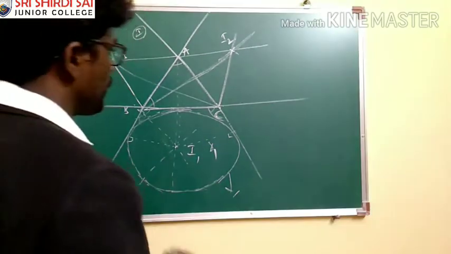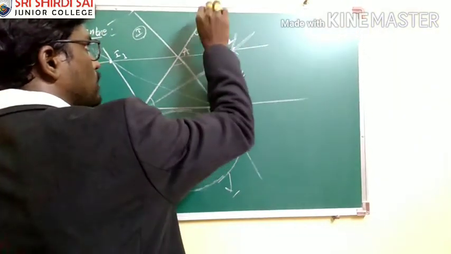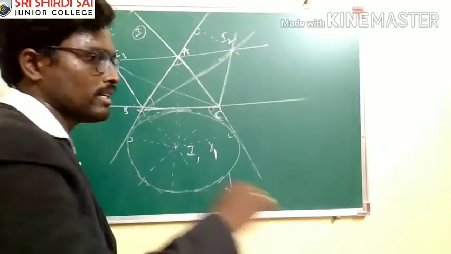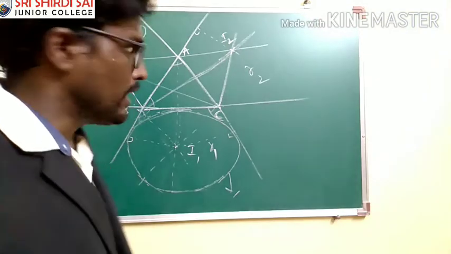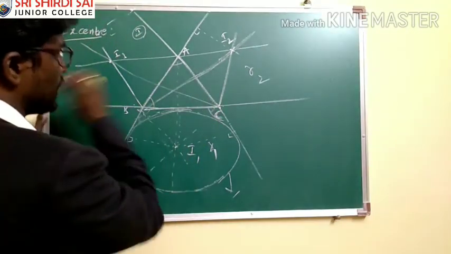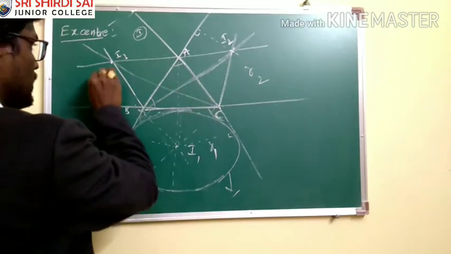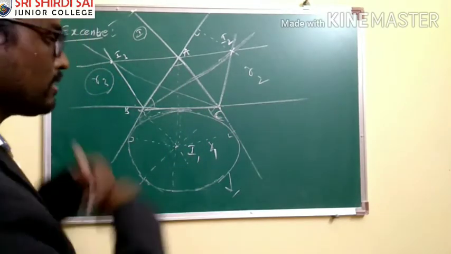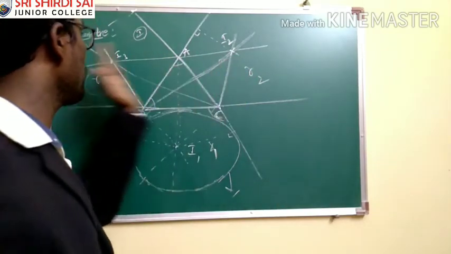Similarly, if you take the circle with the radius of the perpendicular distance, you will get another circle. That circle is said to be excircle 2 and the radius is R2. And you will get a third one, excircle 3, opposite to vertex C, and its radius is denoted by R3. So the exradii of the triangle ABC are R1, R2 and R3.